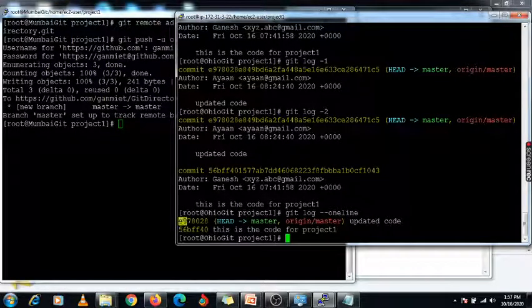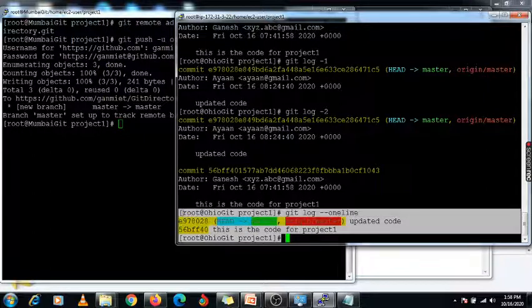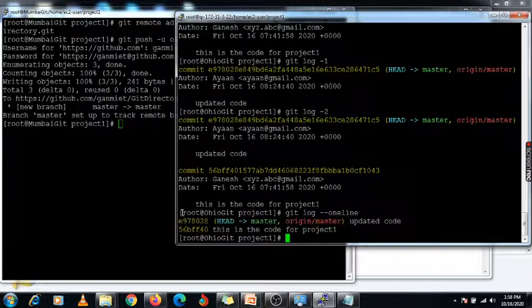So this is the commit id. There are a total of 7 digits available. The initial part of your commit id is reflected here as a short form, right? This is the command we normally use in the organization to check the commit id which I have reflected, along with the updated code which I have updated.